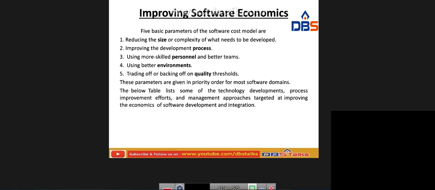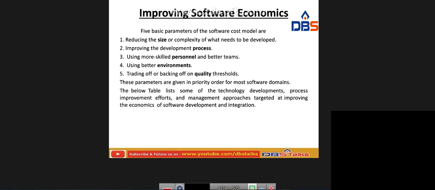Okay, and next one is using a better environment. Whenever we have development, using a better environment will be efficient to implement the particular applications. And the next one is trading or backing off the quality thresholds. We can use quality products to improve the software economics.